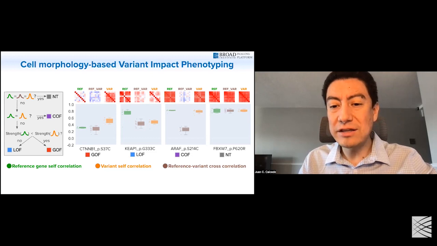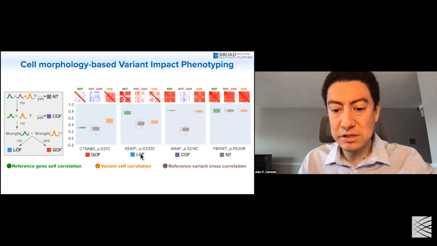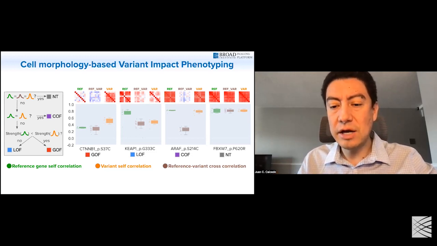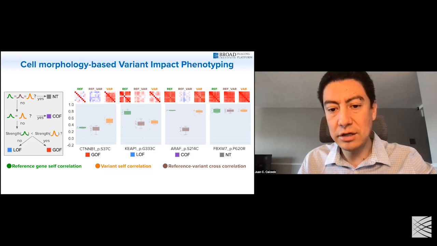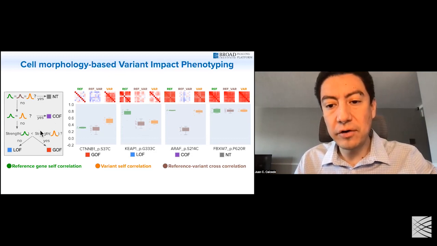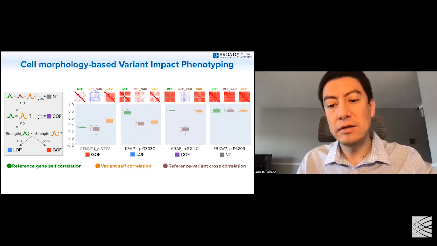And when you look at the variant of this specific gene, which is this one, you see a drop in the correlation of the samples, which indicates that the phenotype of this variant is doing something different, first of all, with respect to the reference gene. And given that the phenotype is weaker, we also infer using the decision tree that this is a loss of